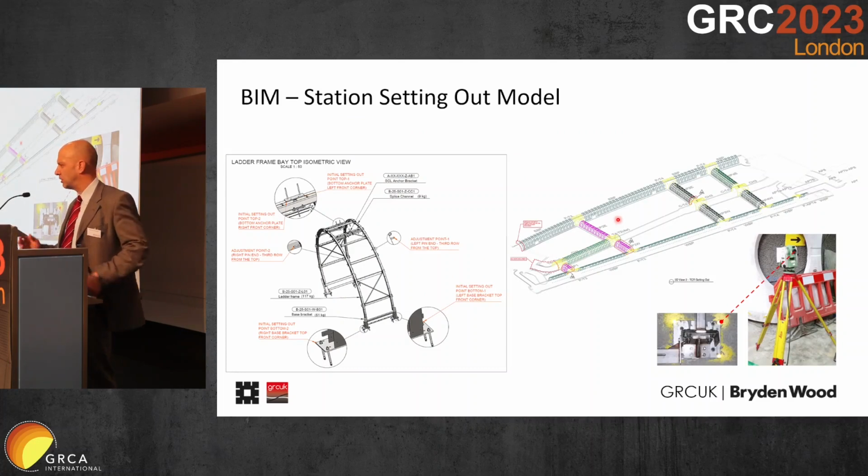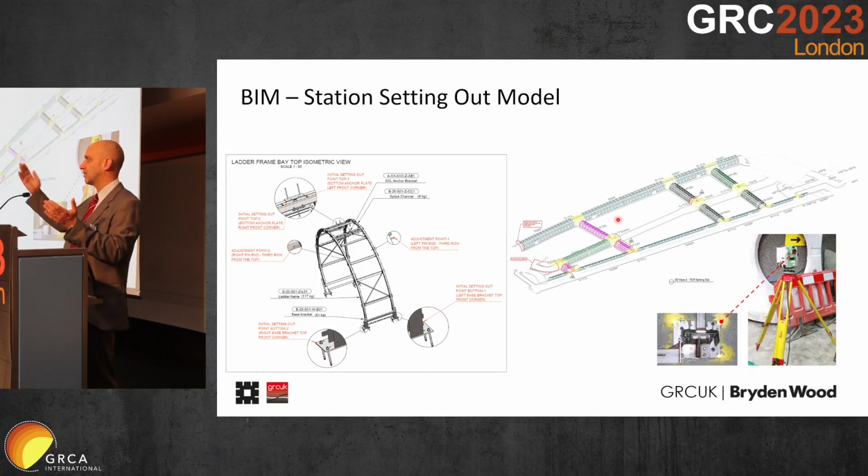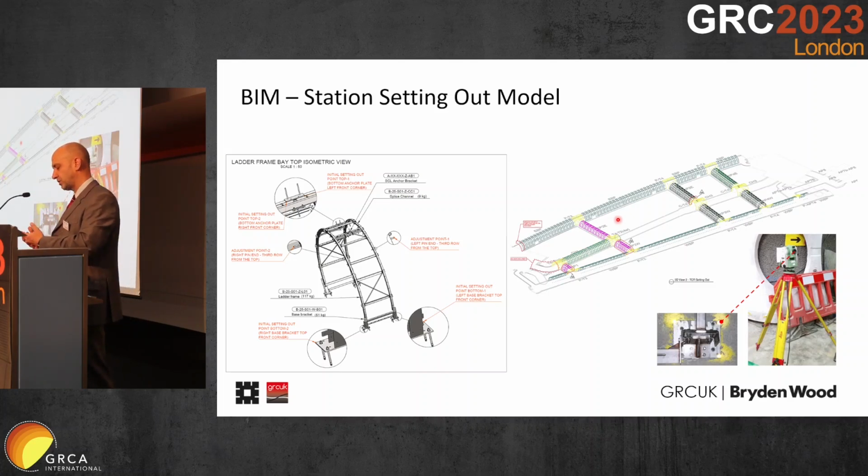And setting out, how the hell do you put in a panel which is just somewhere, where there is no grid, no grid line against a vertical or horizontal surface? That was really difficult as well. So what we did is, we had this model where the fly through came from, which we then exported coordinates of very specific points from,